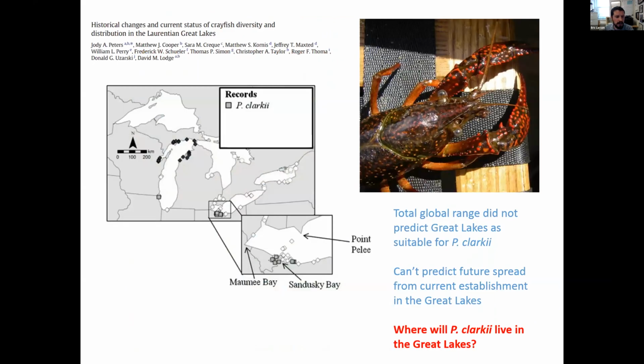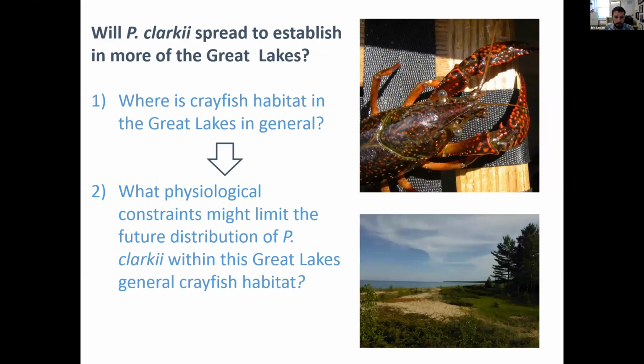So this is frustrating if you're trying to anticipate, should I worry about red swamp crayfish in Lake Ontario? Should I worry about red swamp crayfish in Green Bay? Our total global species distribution models at present don't predict the Great Lakes as generally suitable for red swamp crayfish, and we can't really predict their future spread from their established populations in the Great Lakes. So is there anything we can do to try to identify where red swamp crayfish are going to live? So the approach we took in facing these challenges was we set out to model crayfish habitat